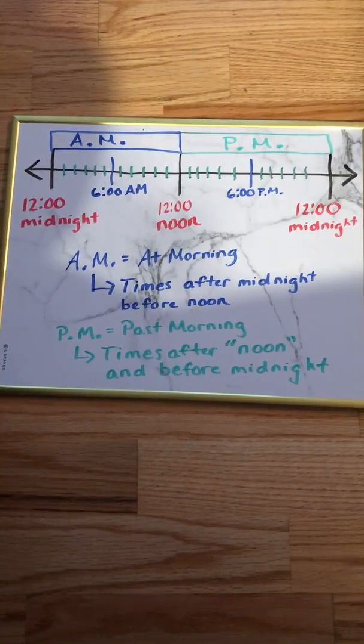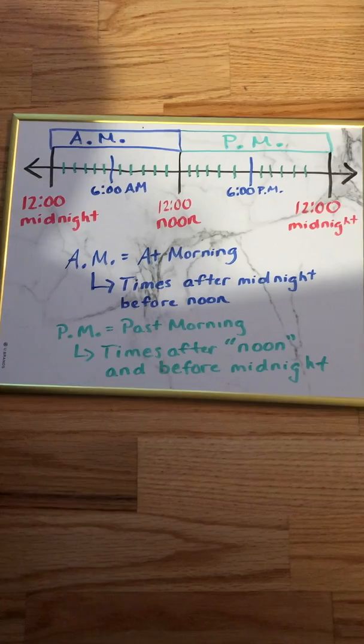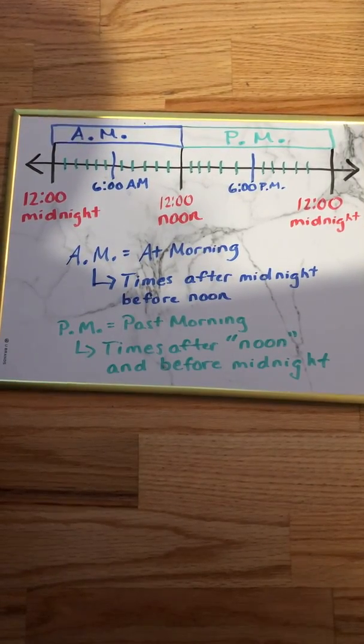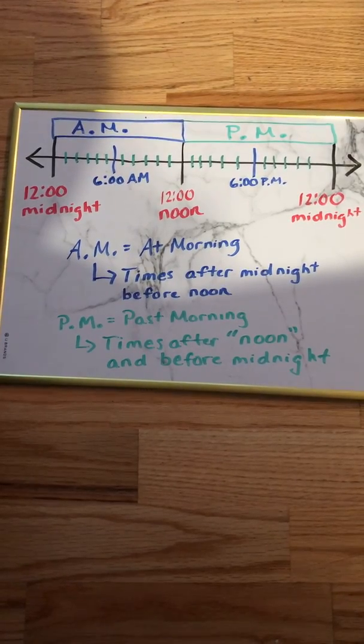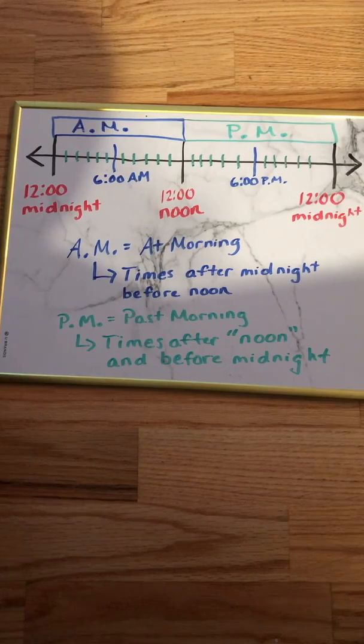Okay, guys, we made it through the first lesson, 10.1. This lesson is going to be 10.2. And what we're going to be talking about, our learning target, is I can tell you when to use AM